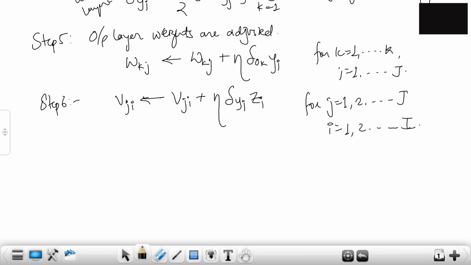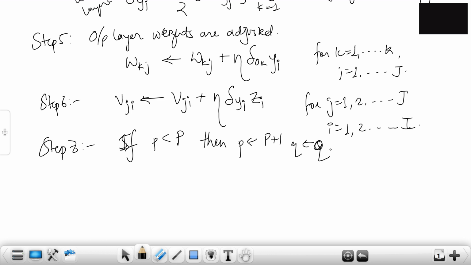Now step 7 is for a stopping condition, correct? If p is less than capital P, the number of training pairs, then p goes to p plus 1 and q goes to q plus 1. Basically we are changing the number of iterations.